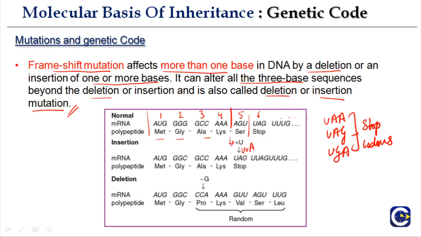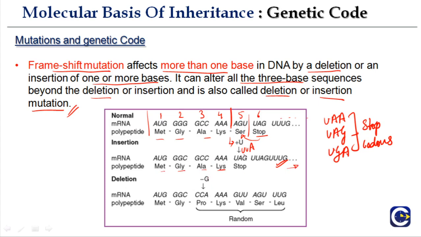You see what it did? It just shifted the stop codon. So earlier the stop codon was here, now the stop codon comes here, and the serine is not being translated. So this new mRNA sequence that had a problem, like there was an addition which resulted in a change in the whole frame. So now it codes for only methionine, glycine, alanine and lysine. Earlier it was also coding for serine. So this is the frame shift mutation.